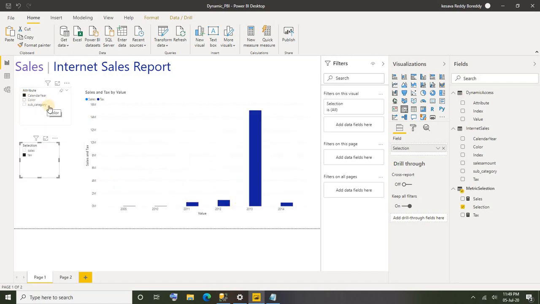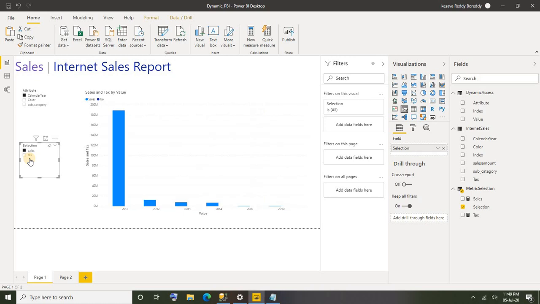Likewise, you can dynamically change the axis, and you can also dynamically pass the required metric through the slicer. I hope this is clear for you guys. It's very important. Most of the time you will get this requirement to change the axis dynamically and also to pass the metrics dynamically. Of course, users will definitely feel more comfortable, and they'll be more than happy if you implement this in your real-time project. I hope this is clear.